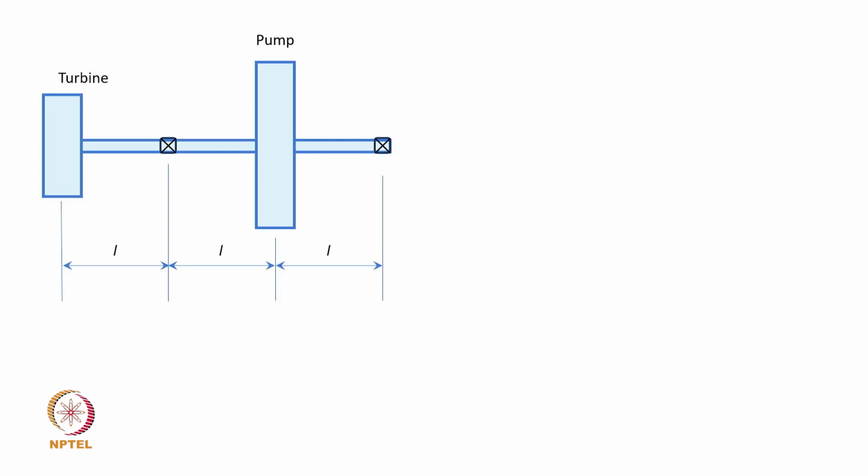So, this example says that the system is like a turbo pump where the turbine drives the pump and the pump has an inertia. The pump impeller is located in the center of this shaft span, whereas the turbine is overhanging. This is a very typical configuration of such turbo pumps, and all the data is given. The lengths are given, the shaft dimensions in terms of diameter and length are given, the material properties are given, and you can find from strength of materials that these influence coefficients turn out to